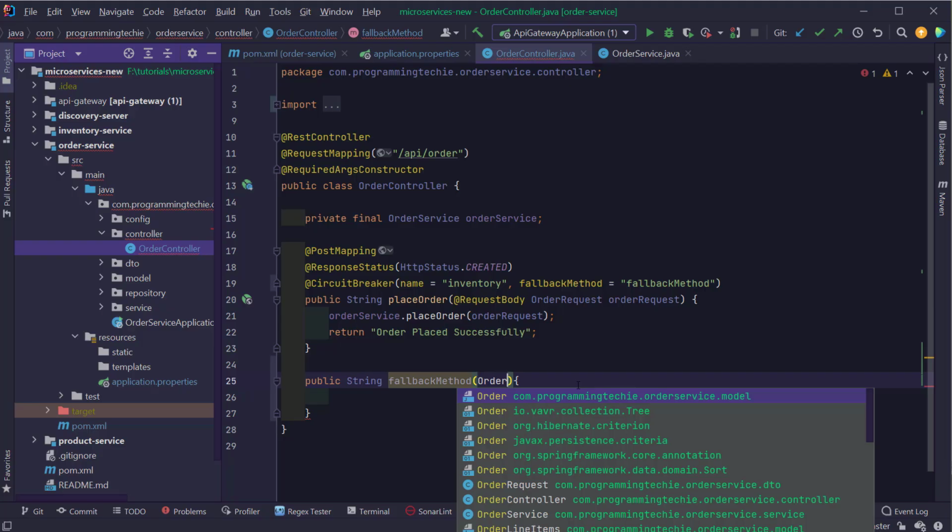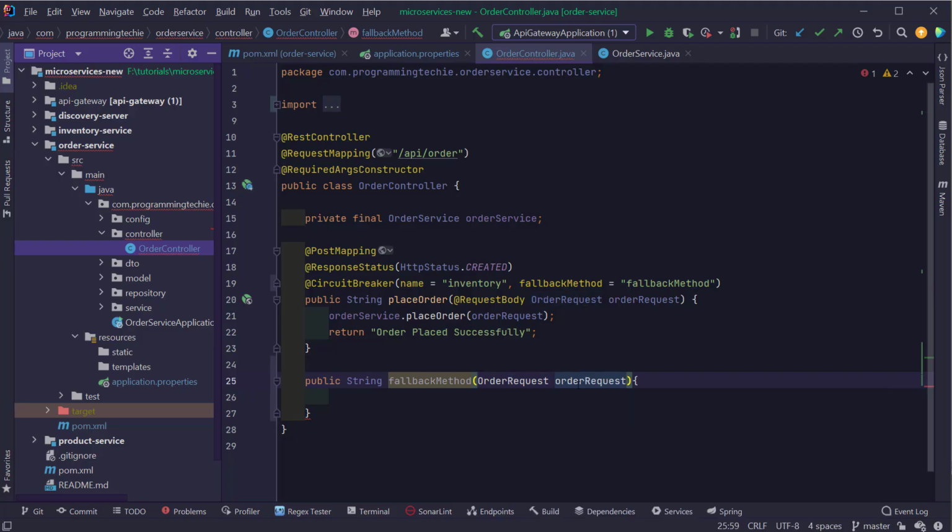We'll take an order request, and in addition to that, we also have to add another method parameter called runtime exception, because whatever exception is raised from the place order method will also be consumed by the fallback method. So in here, I'm going to return a status message, something like,